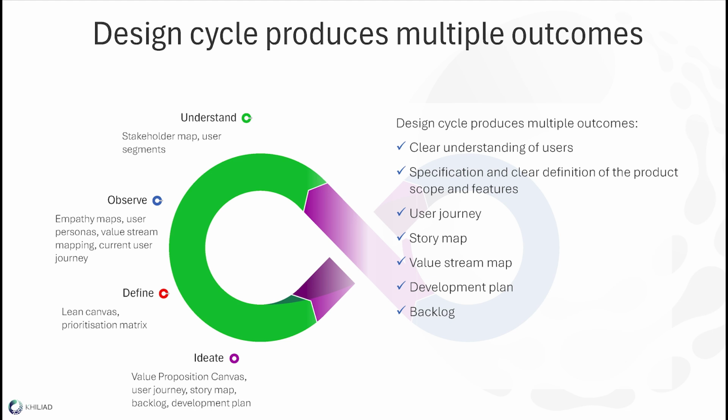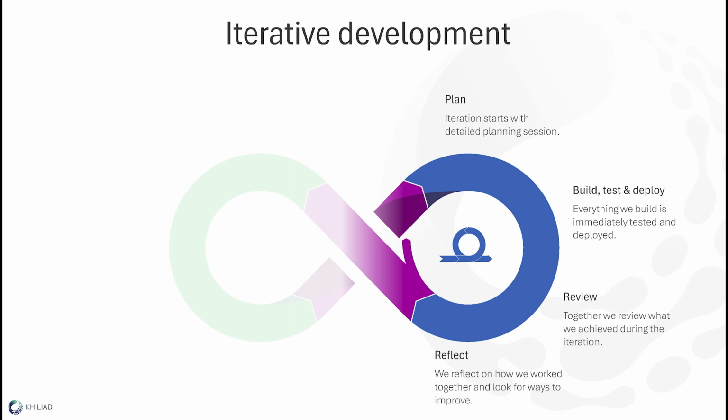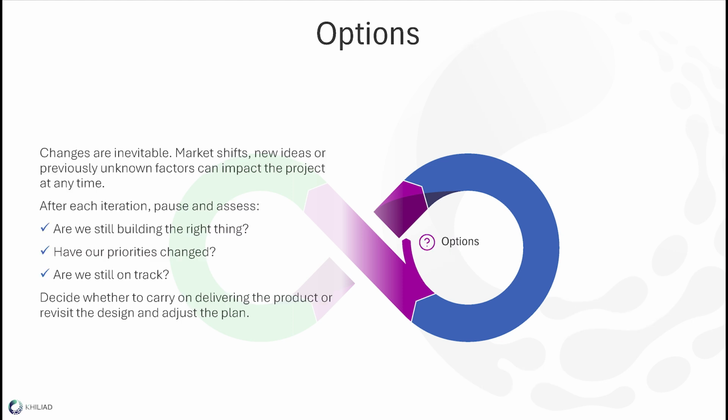The outcomes that we have, like I already said before, user journey, story maps, value stream mapping, backlog, and so on. Then we do delivery. This is already well known to everyone in software. Any sort of iterative methods of Scrum, Kanban, whatever you want to use, essentially building it in iterations. But the key point is